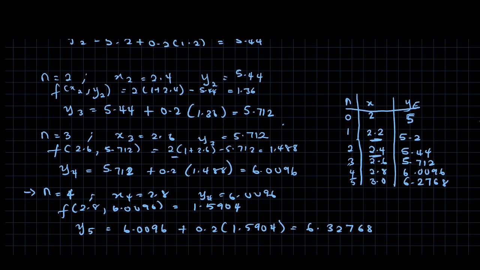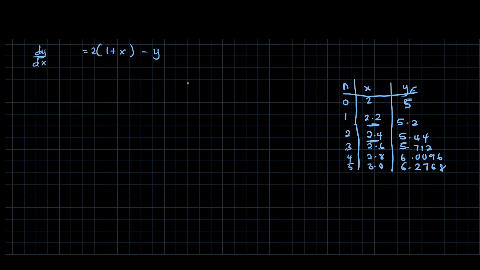And let's try and solve this in the analytical method to actually verify our answer. So this is the first order linear differential equation, and you will notice that if we take y to this side, it becomes plus y, and we remove it from this area, it takes on the form dy over dx plus py equals q. And in this case, p will be equal to what? 1, because the coefficient of y in this case is 1, and q will be equal to 2(1 plus